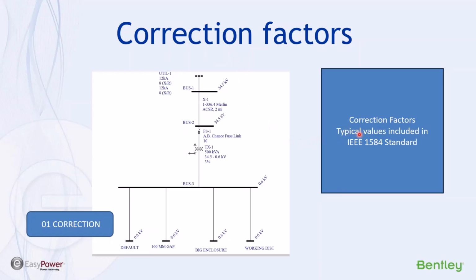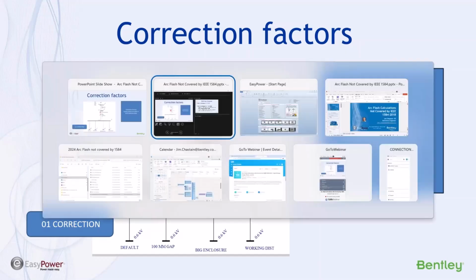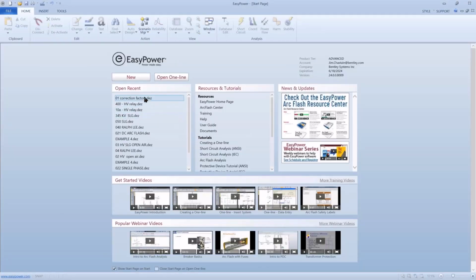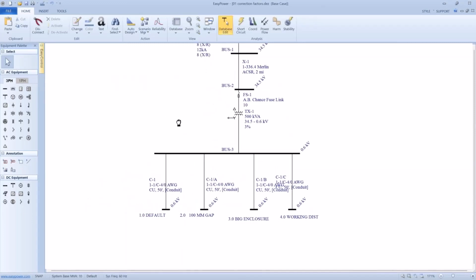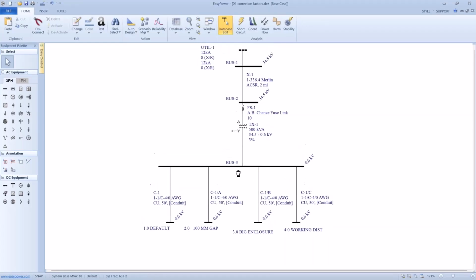So correction factors are typical. The big advantage of the 2018 version of 1584 is they give us not only the range of the variables, but typical values, which wasn't available prior because it's difficult to get the information out of manufacturers. So I'm going to look at a 0, 1 correction factor. Now, as I said, these examples are all developed in EasyPower 20.24.0, and I'd be happy to send you a copy if you wanted to play with it, but you can't use it